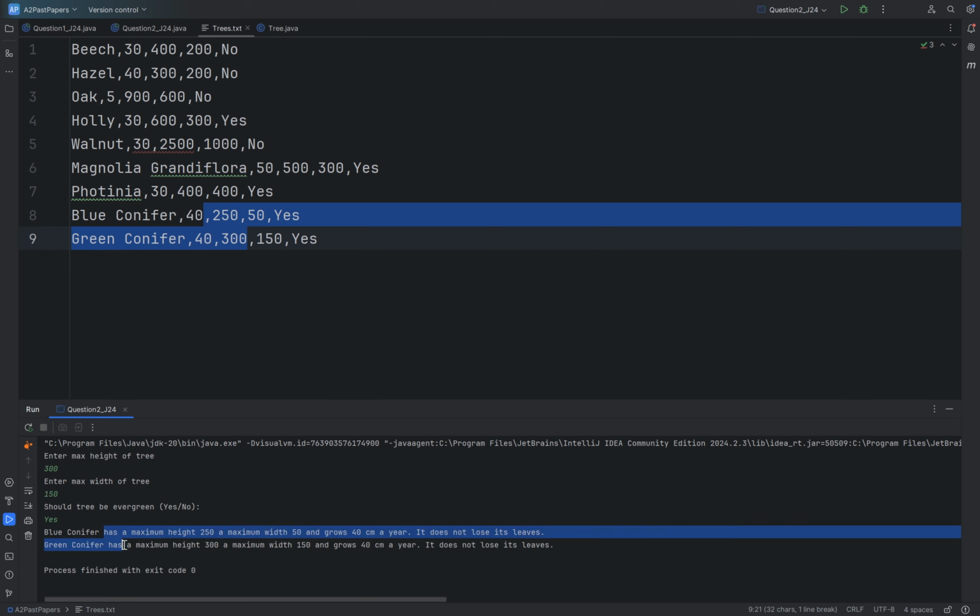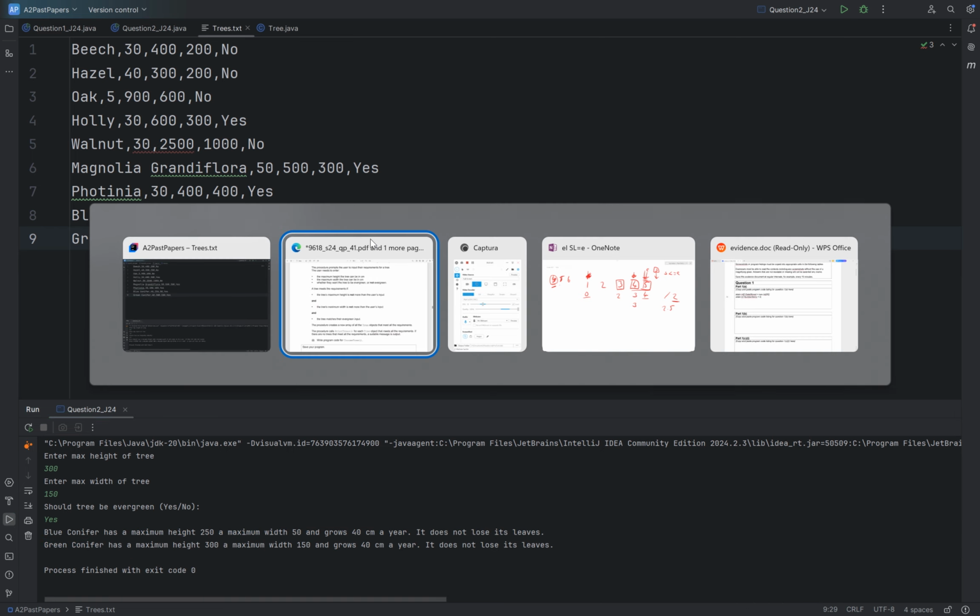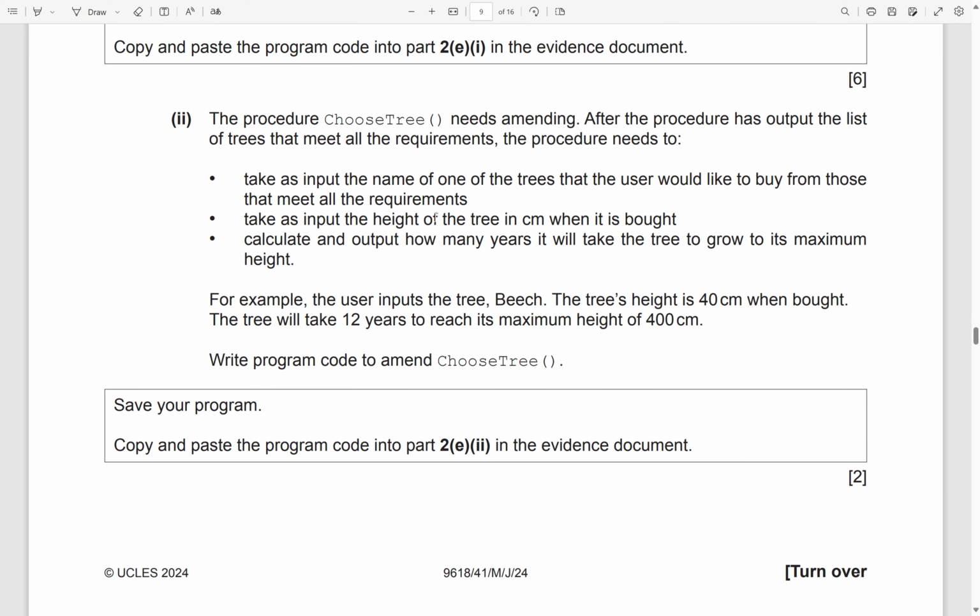Yeah, okay, right, then in that case, that only gets these. So I think this seems to be okay. And then if we go to the next one, where it says the procedure choose tree needs amending, after the